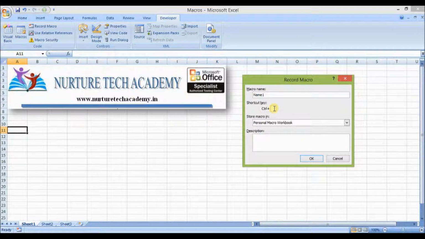If I provide a C with it, that means in future whenever you try to copy something in Excel and you press Control C, it will not copy that thing, but it will run this macro. So this command will override or replace the original shortcut. So do not ever try to give a shortcut with this.